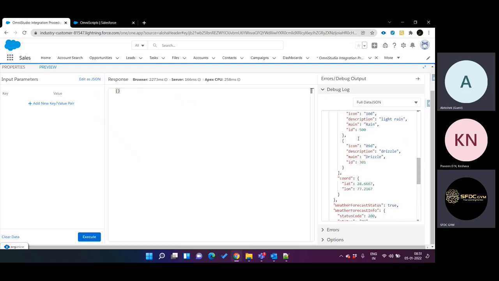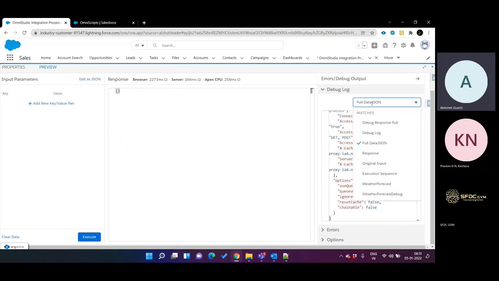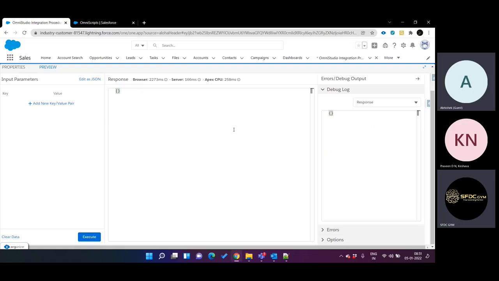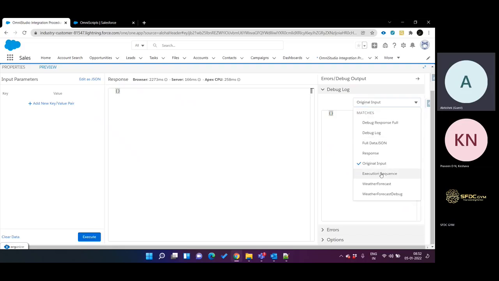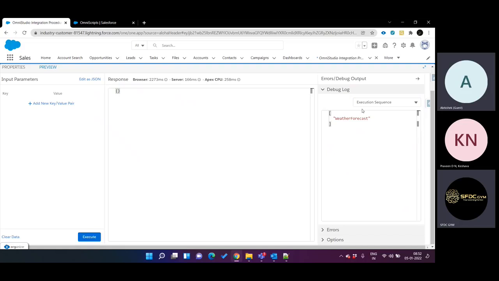Same goes here. This is something that returns the JSON response, if you're sending any response, or the original input, if you're sending that. This is the important thing, which is called execution sequence. Let's say you have called 10 sequences, and something wrong happened, the code is not working as per the requirement, and you are now in debug mode